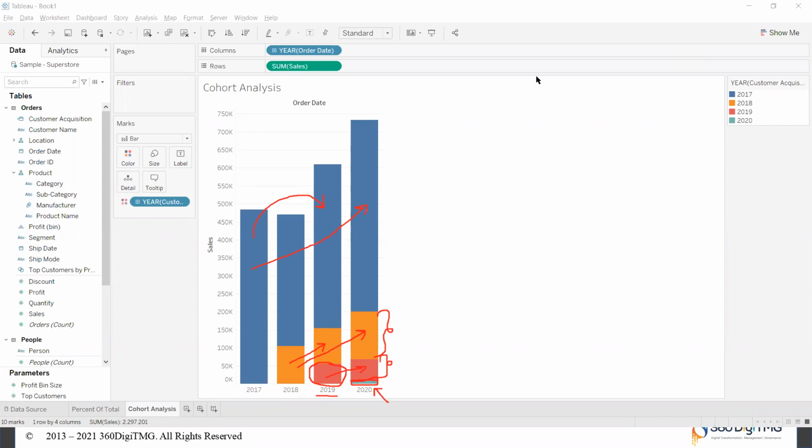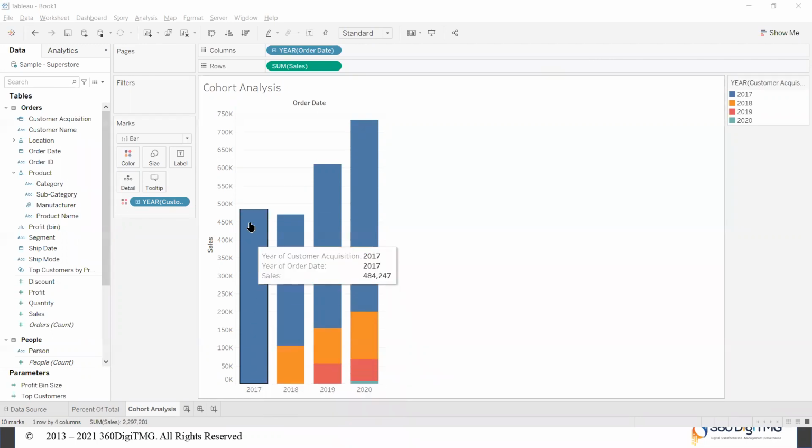So what do we infer by performing cohort analysis, where we have segregated our customers into different cohorts based on the year in which the business acquired them? We can notice that the customer retention capability of the business is good. Customers, once they come and do some transaction with Superstore, come back year after year. But the customer acquisition capability is going down.